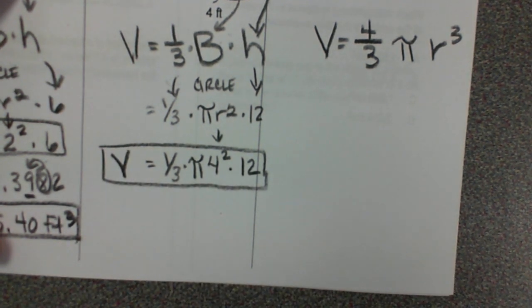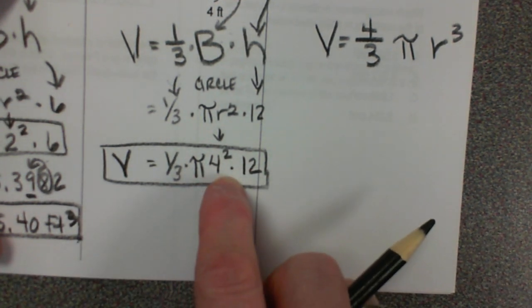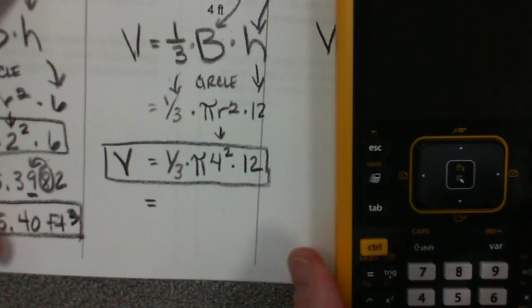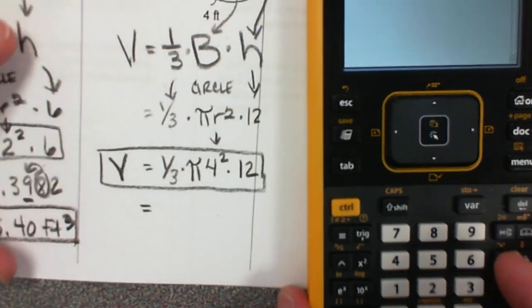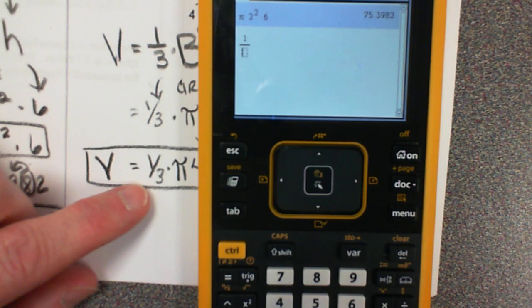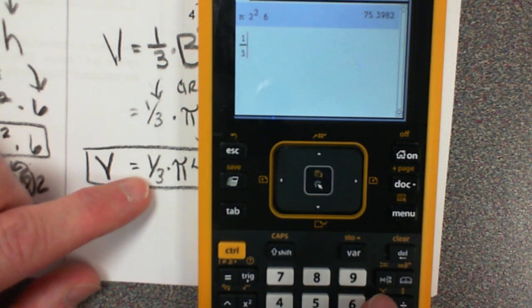There are 2 ways they say in the TEAC how to test it. Take the radius and put it in the formula properly, or let's go ahead and calculate that all the way out. I'm going to take Control divide to be able to put in my 1 as my numerator, 3 as my denominator. I'm going to page right. Times, bring in my pi button,